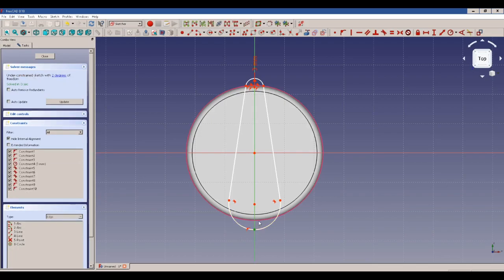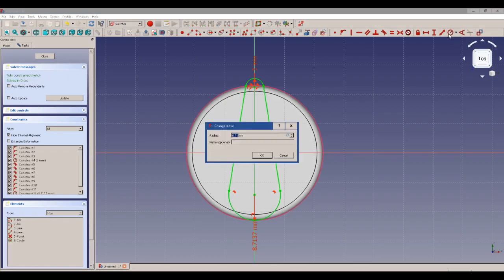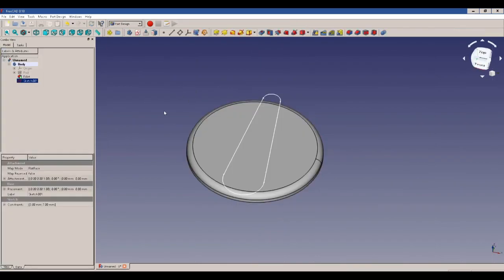There we go. And that line. And this bottom has a 7 millimeter radius on it. So you can see, since we're lit up green, we're fully constrained,